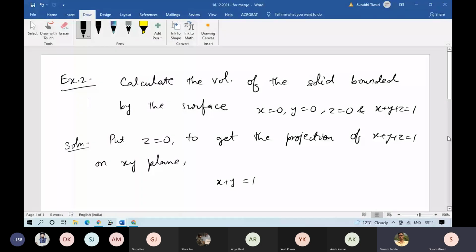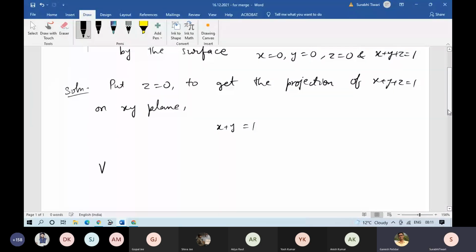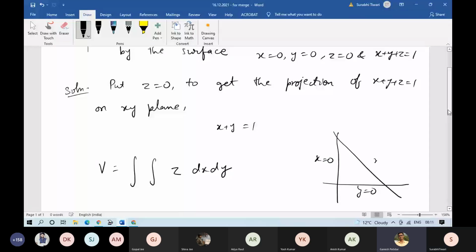Now what will be the volume? Volume will be the double integral of z dx dy. Now put the limits. On the xy plane, y is equal to 0 and x is equal to 0, and this is x plus y is equal to 1. So we are taking dx first, so we take a strip